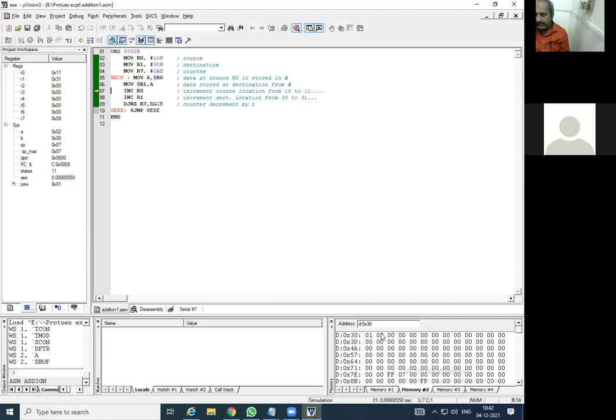Here location 31, here location 32. It just increments because we have given the instruction INC R1. 31, 32.